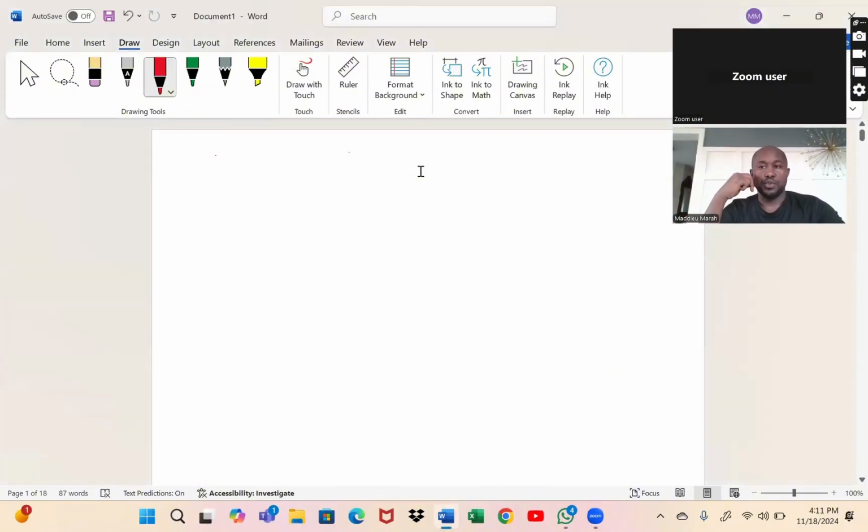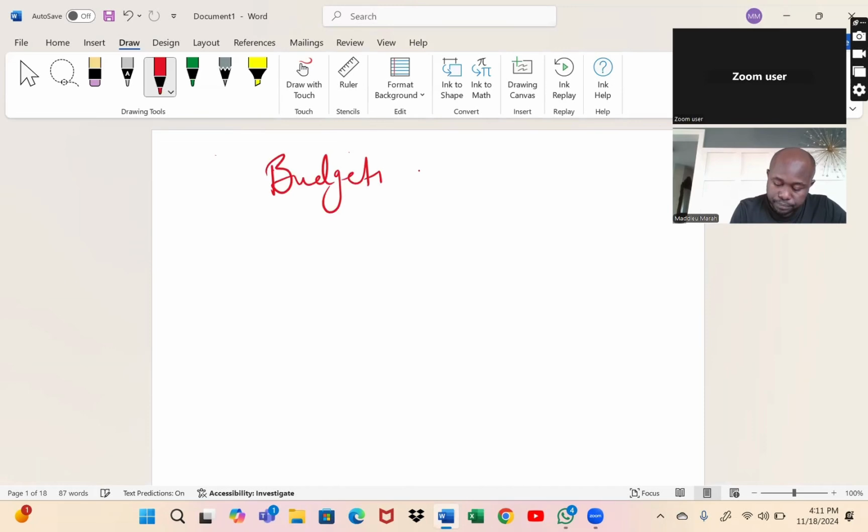Welcome to today's session. Today we're going to start a new topic called budgeting. I'm going to treat budgeting in twofold. One, looking at the quantitative aspects of budgeting. So we're going to start with budgeting today. We're looking at the quantitative aspects of budgeting first before we go to the theoretical aspects of budgeting. Okay? So in the quantitative aspects of budgeting,